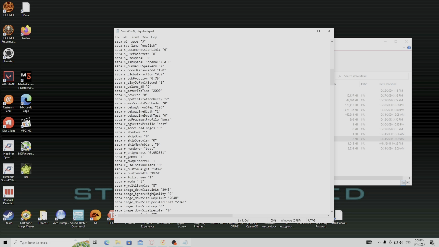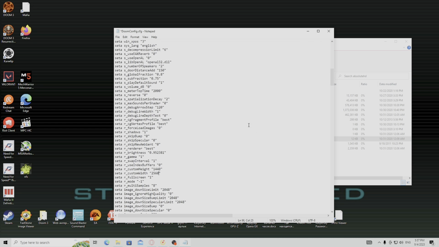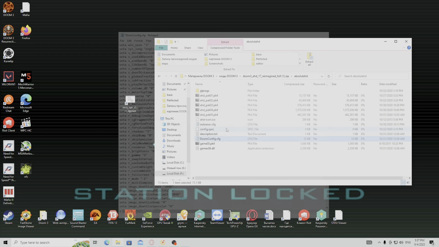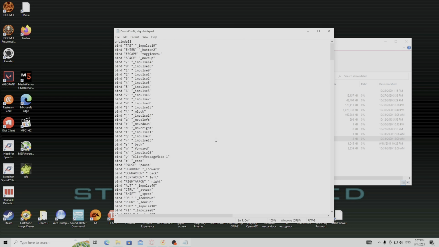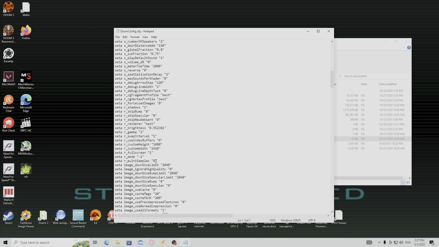So if you have another resolution, for example 2K, you should print here 2K resolution and say save. Oh no, that's not correct. So then there's another way. You can find these settings, you can copy them